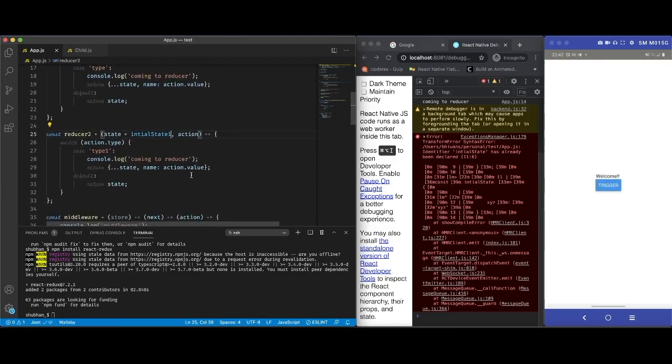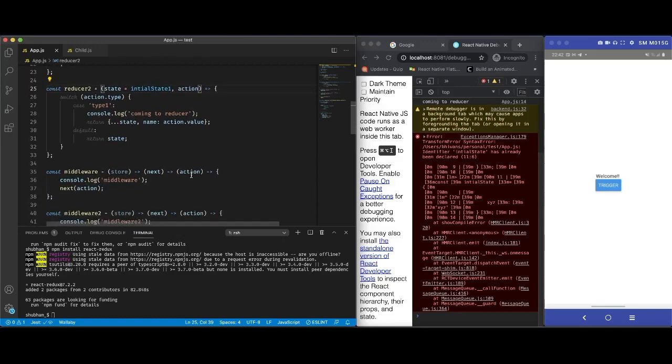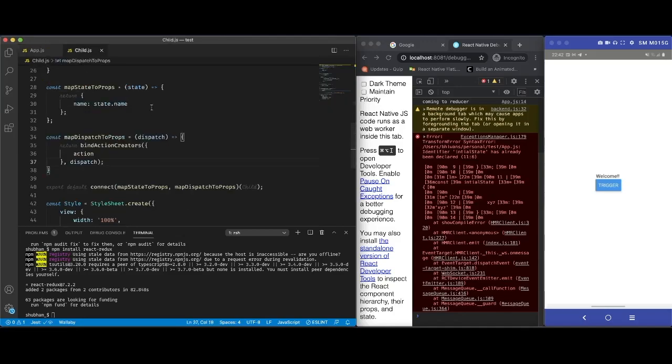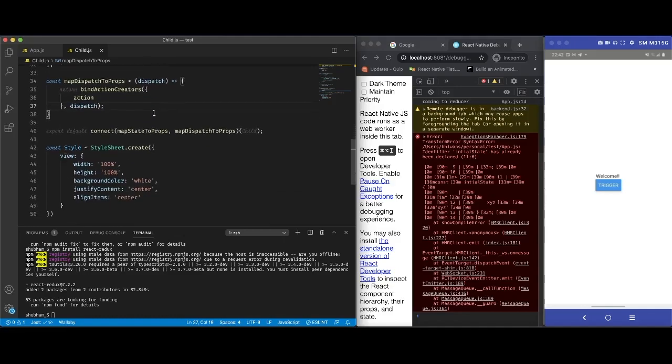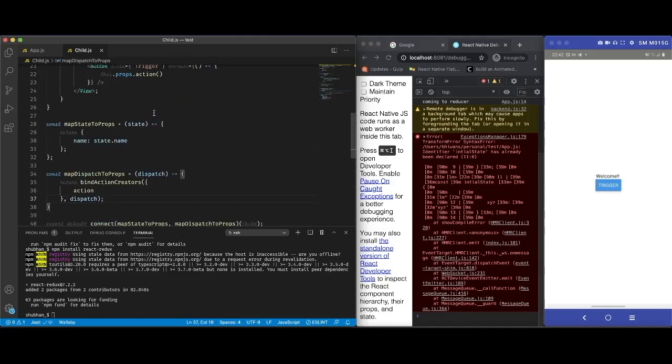Now we have created two reducers, and since we have added them in this store, we will have to use it a bit differently in our child component. So earlier when we did mapStateToProps, we will have to change it so that our app correctly updates itself.